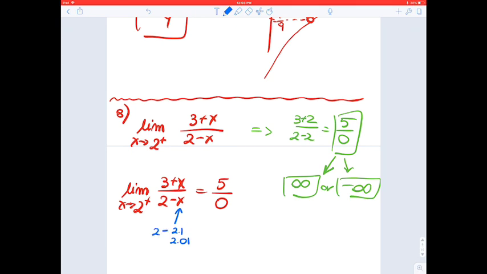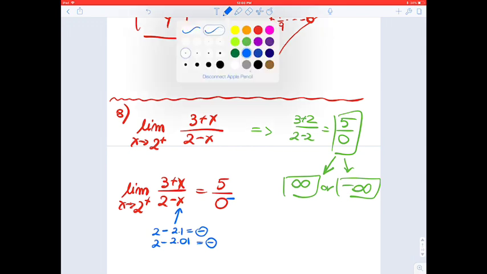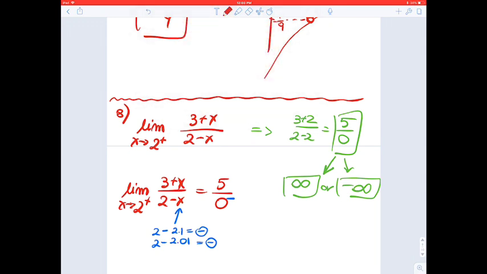When I subtract 2 minus 2.1, I'm getting a small number but negative. Negative, that means this is 0 from the left hand side. 5 over positive over negative, it's negative, and of course infinity, because 1 over small,